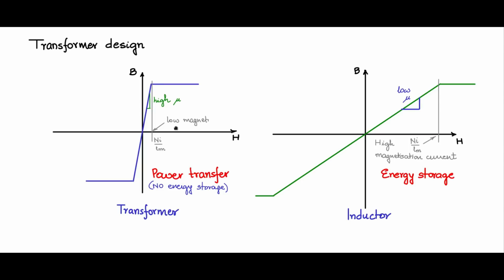So we have to design the transformer to have low magnetization current. That is the essential difference. A transformer is a power transfer device, whereas an inductor is an energy storage device. When you design, we would like to design the transformer with low magnetization current, whereas in the case of the inductor, we have high magnetization current so that the energy that is stored within the core is high. So with this